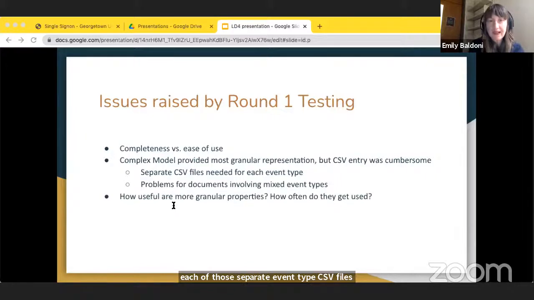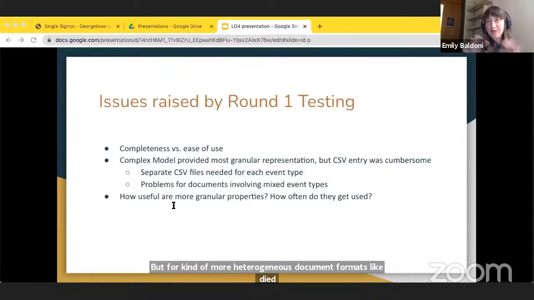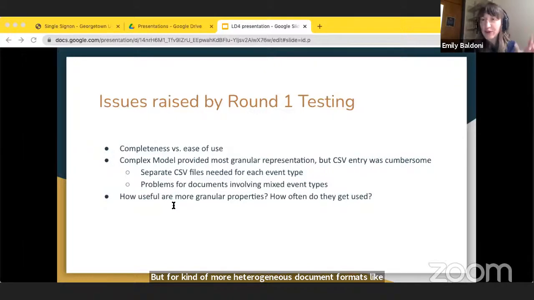That might not be a big deal for documents that contain just a single type of event, but for more heterogeneous document formats, like diaries, correspondence, that sort of thing, the information isn't neatly separated for you. You have lots of different types of events occurring. And so you really lost a lot of the greater efficiency that the CSV batch entry format was supposed to give you.